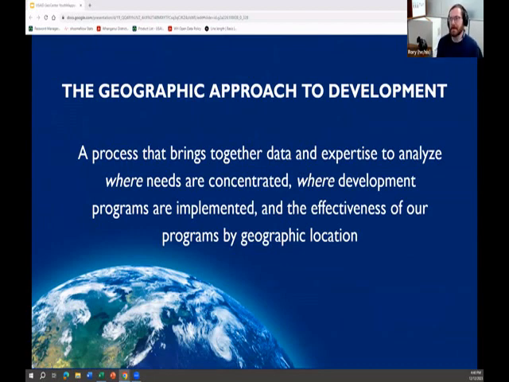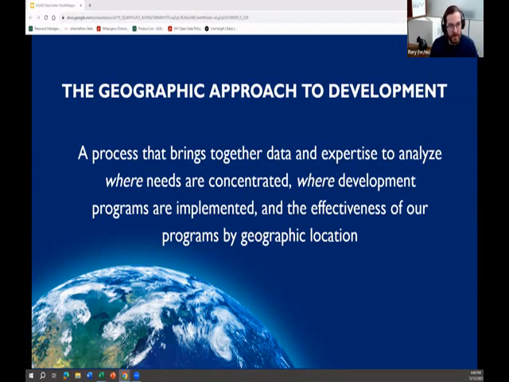which is the U.S. government agency that I'm a part of or helping support. And the Geo Center is the team that I'm a part of. And so the Geo Center really helps USAID with a geographic approach to development. Development being international development and humanitarian response. So unlike most of the people on this call, we're really internationally focused as an agency and kind of lead the assistance we give to the rest of the world that's not military related.